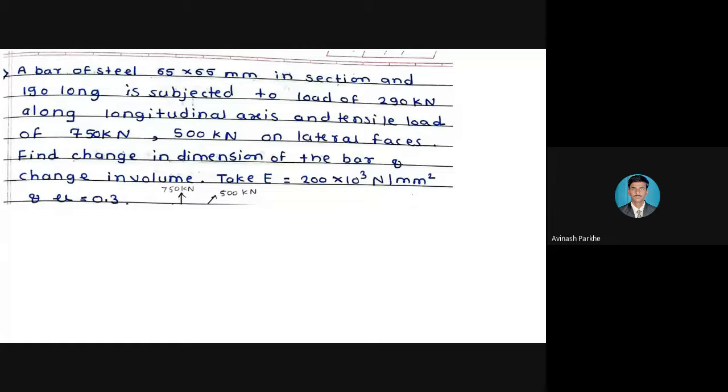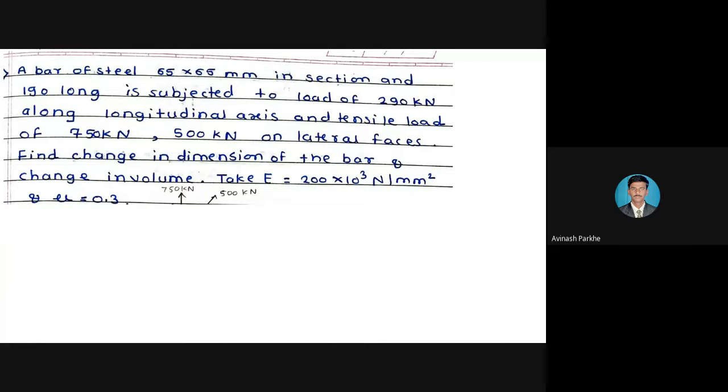Now we move to the last problem based on this volumetric strain or change in volume calculation. This is also one variety. In the statement, some different words are there. Up till now, in the problems we have solved, sometimes the loading diagram is given, or the member is subjected to 5 kilonewton, 3 kilonewton, 6 kilonewton force in X, Y, and Z direction respectively. But in some problems, two different words are given, and according to those words, first of all, we have to resolve the forces in that particular direction, and the next procedure is the same.